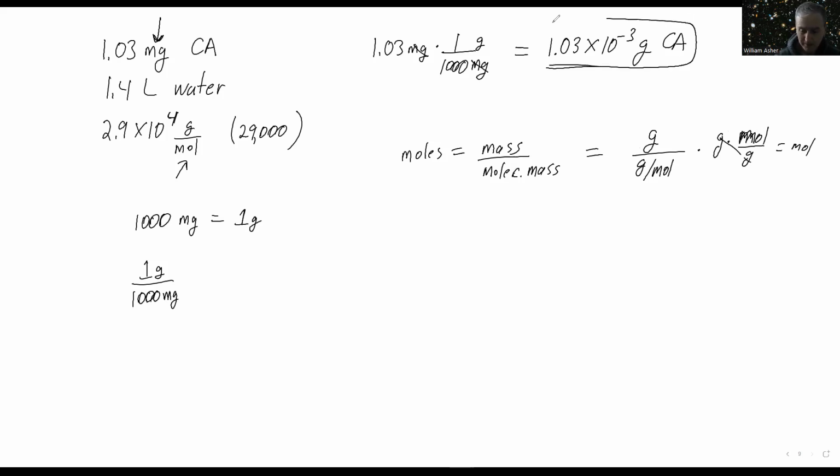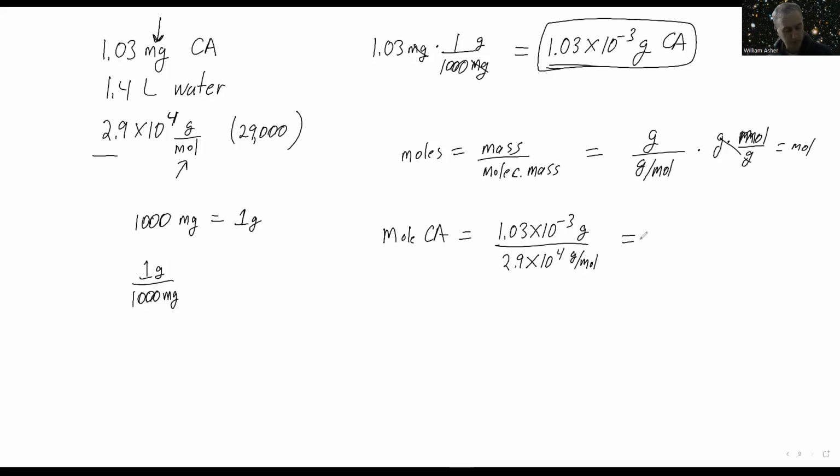So we want to divide this mass by this molecular mass. So moles of CA is equal to 1.03 times 10 to the minus 3 grams divided by 2.9 times 10 to the fourth grams per mole,